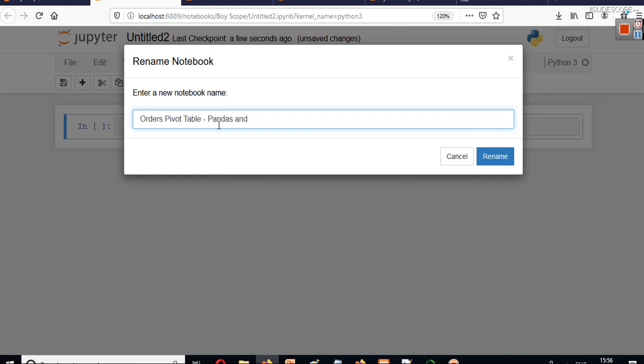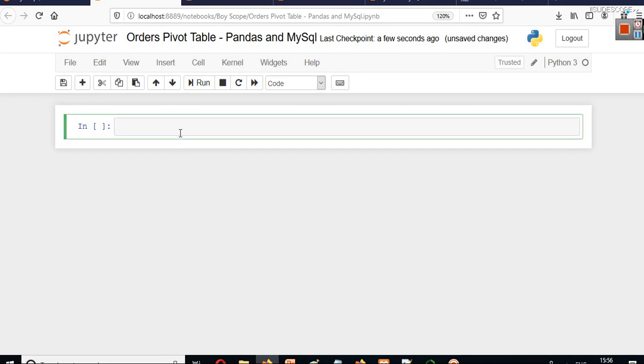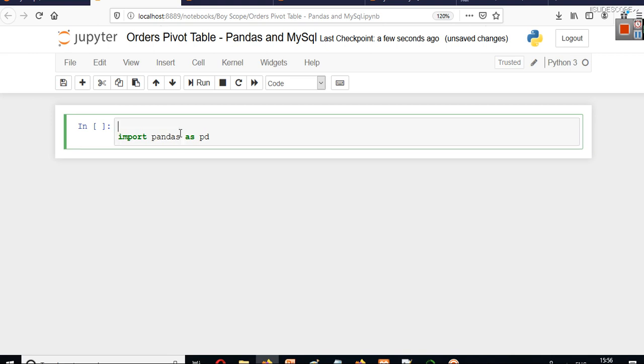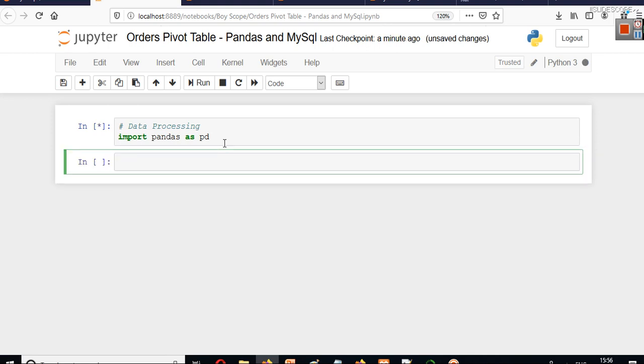Pandas and MySQL. The first thing that we always do in Python is import pandas as pd. We have discussed these things. I am just explaining it so that you can revise, since these things are new if you are a beginner in Python pandas. Otherwise you will understand this. This is for the data processing part. Pandas is a library that we can use for data processing. This will be used to read SQL sources. So now we have imported pandas as pd.